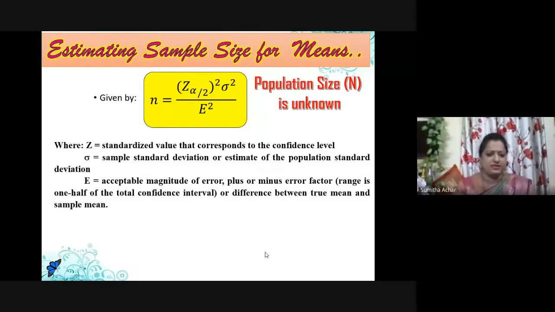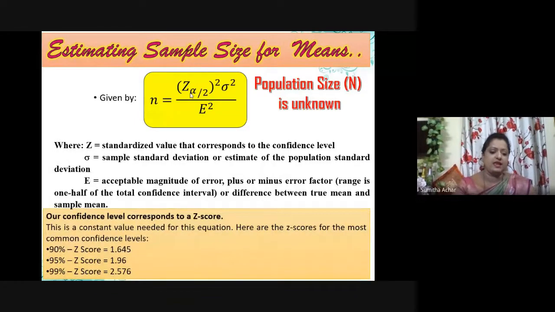The answers will remain the same, right? The formula is Z square sigma square by E square. Now, Z is a standard normal variate. For 95%, the standard value is 1.96, right? For 90%, the standard, again, it's a theory. There is a different theory of how you got that value 1.96, right? If I go on explaining, this class time is not sufficient. So assume Z square, the standard value, as I'm talking about 95%, so it is a 5% error involved in it. So the standard score is 1.96.